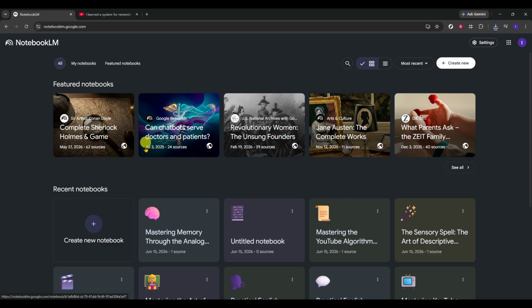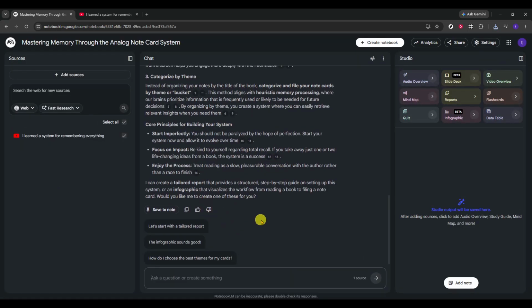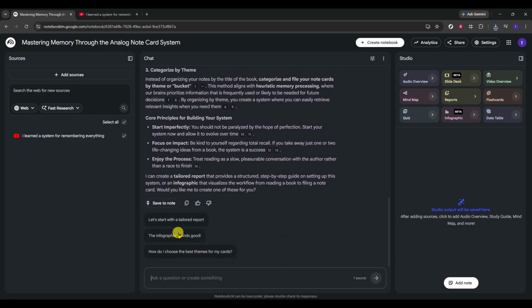Next, click on the sample project. This opens a notebook so you can view the notes inside and prepare them for export or printing. If you're following along with your own content, the process is the same once you've opened the notebook you want